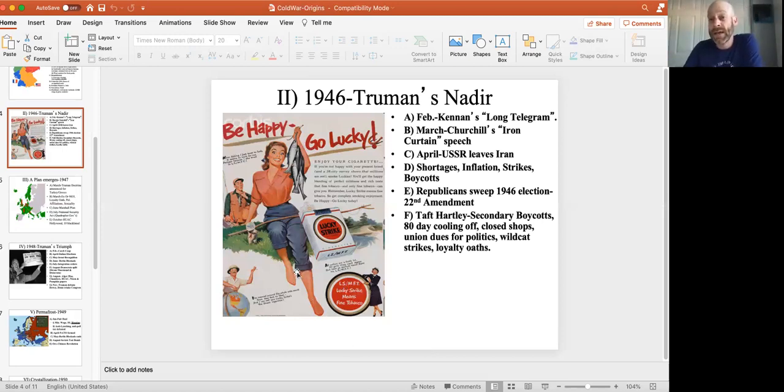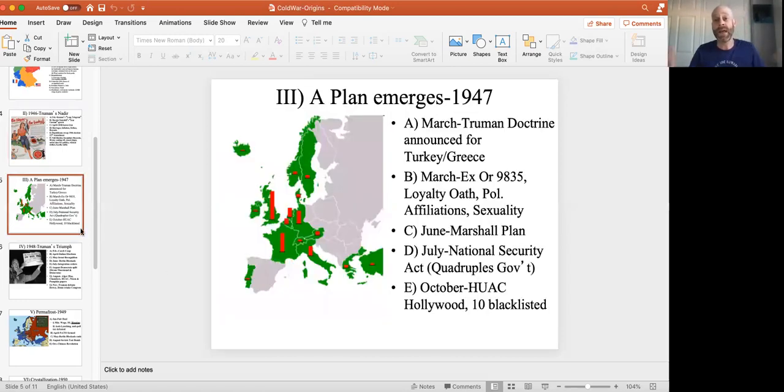Lucky Strike means fine tobacco. Those posters were everywhere. My father's like, you heard it on the radio. It was in movie theaters. It was like everywhere. And so the joke was LSMFT. You're right about that. Lord save me from Truman. Nobody thought he had the stuff. Everybody thought this is a guy that's in way over his head. If only FDR had lived, everything would be perfect.